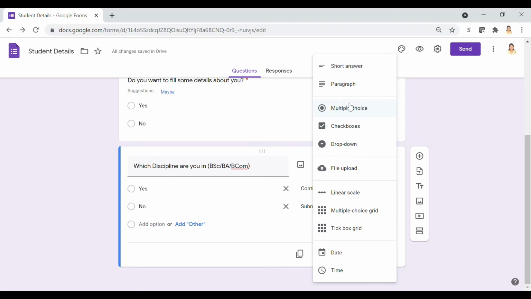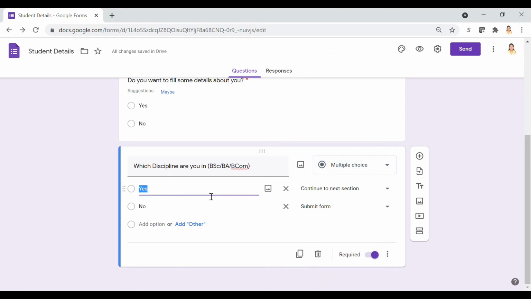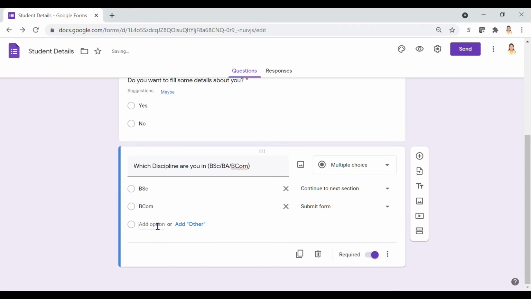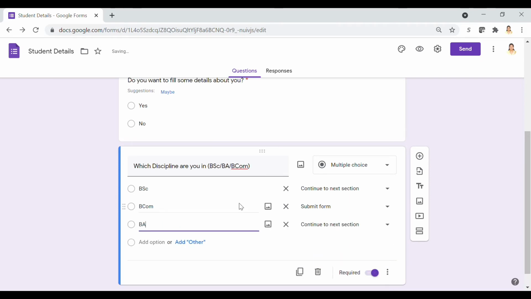To do this, we need to create three sections and label them as different disciplines like BSc, BCom, BA. Select the condition depending on the group they select. For example, if someone selects BA, they should see only questions related to BA. To enable this, we need to create multiple sections.